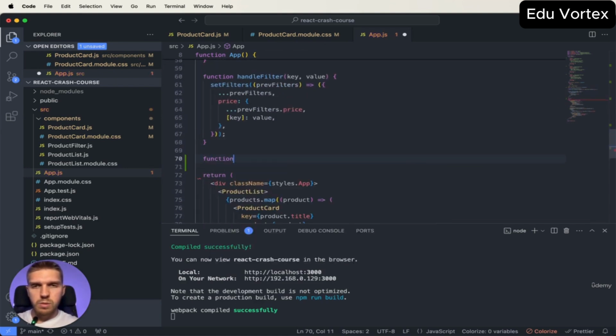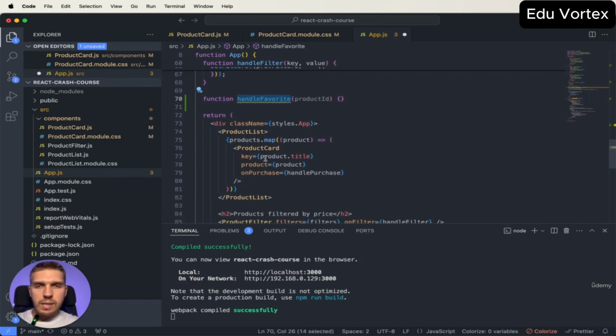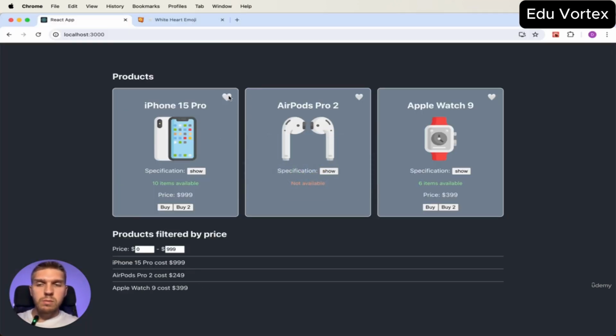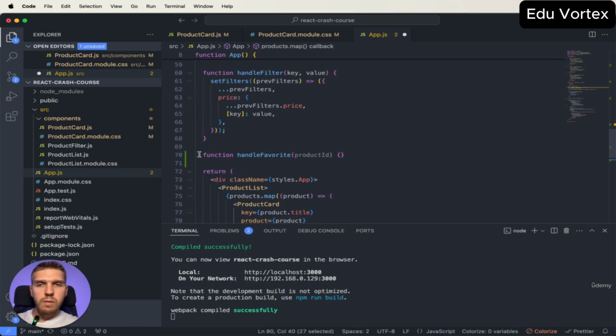I will do it at the bottom. Handle favorite. Here we will get the product ID, and it will be an empty function for now. And inside of the product card, let's add a prop on favorite and pass here handle favorite. We need this function when user will click on the heart icon. We will call this function, and we will know what the product ID should be added or should be removed